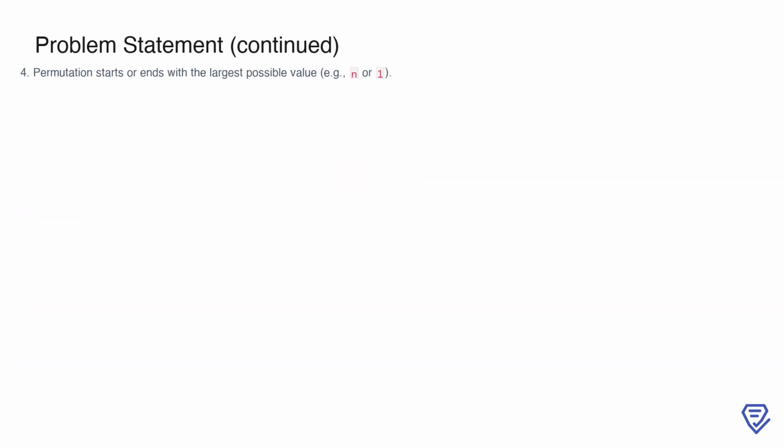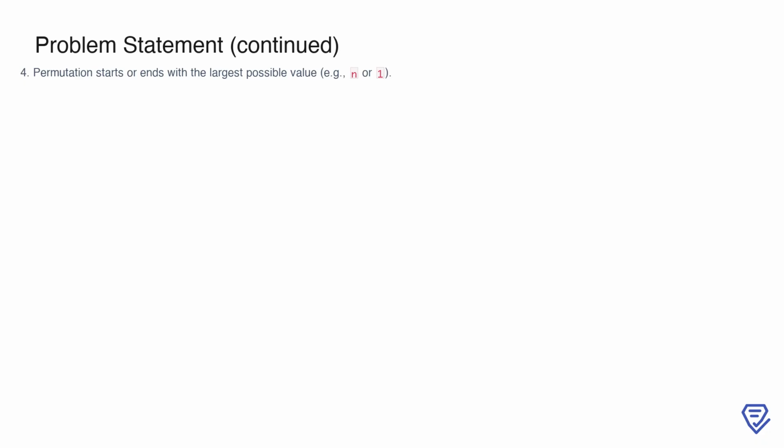The problem also comes with specific constraints and edge cases to consider. First, the length of the permutation can range from 3 to 100,000. This means you need an efficient solution that can handle very large inputs. The encoded array will always have a length of n-1, and each element in it will be an integer between 1 and